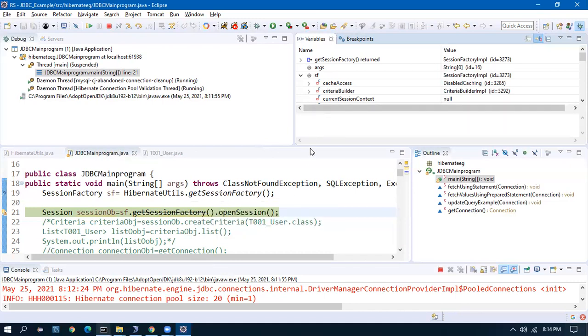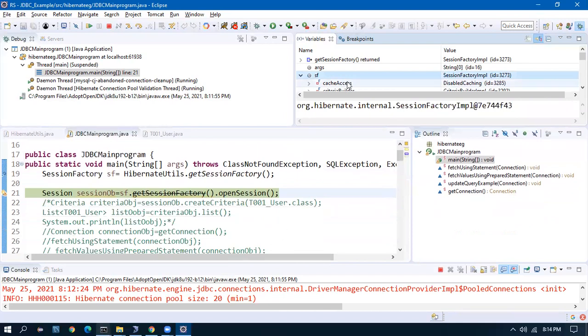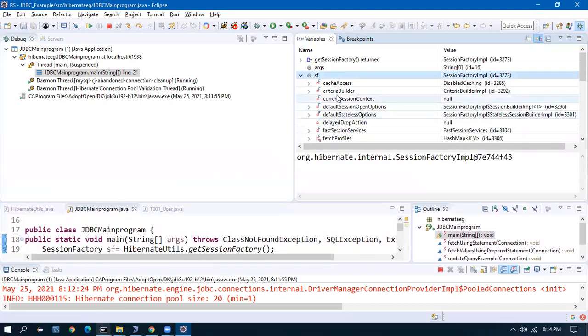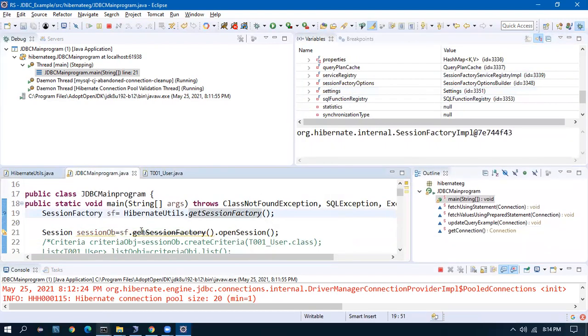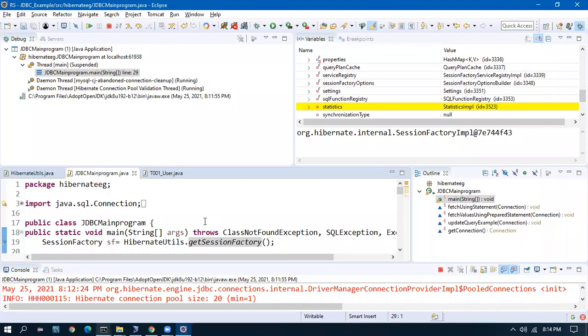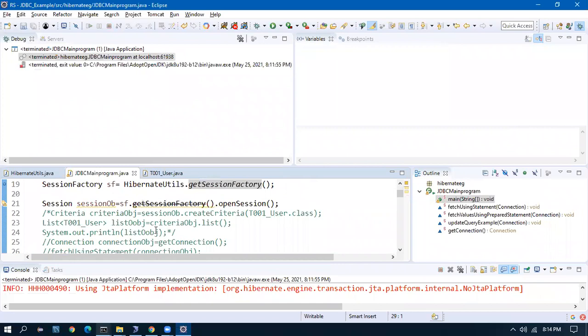So now, if you open the session factory, what is there in the session factory? There's nothing for us, just a UUID. But if I open the session, it is taking some time still.